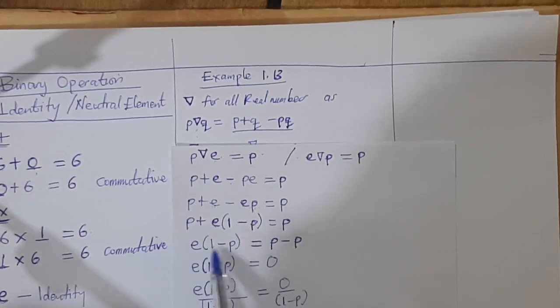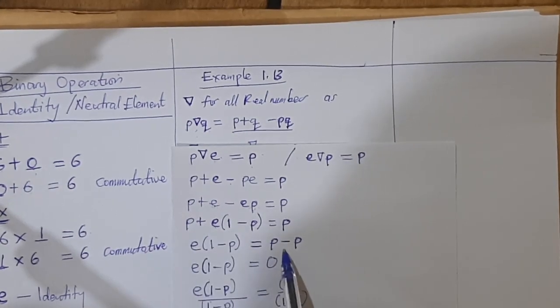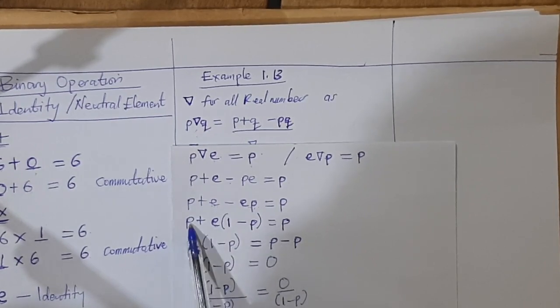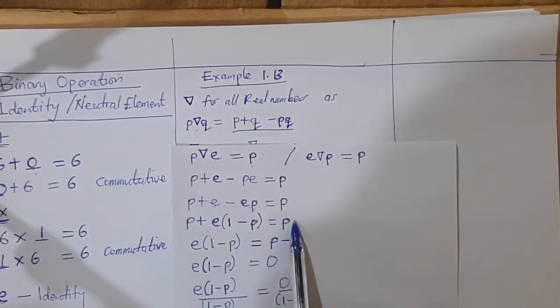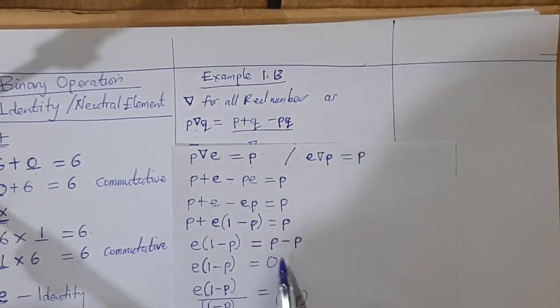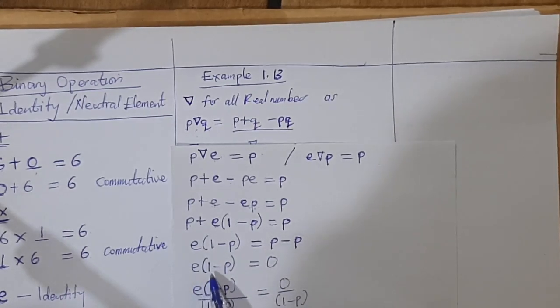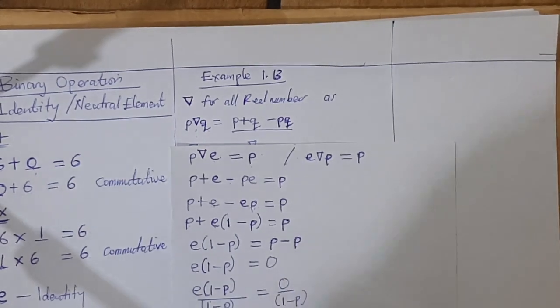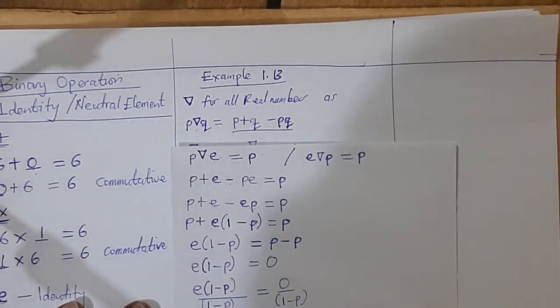Now we group like terms. The P goes, we take away P from here. We take away P from here. So we have E into brackets 1 minus P equals 0. Now we can divide both sides by 1 minus P. So therefore, E